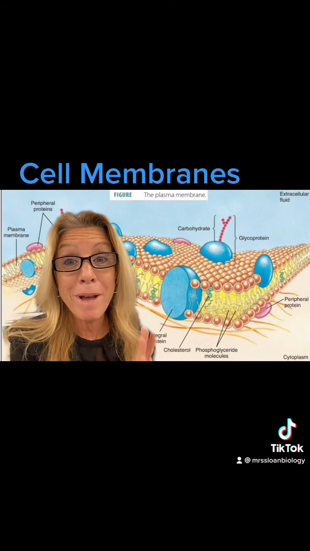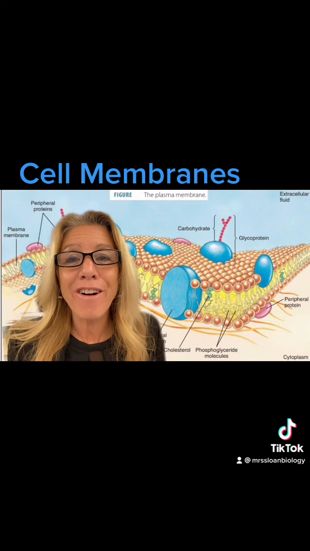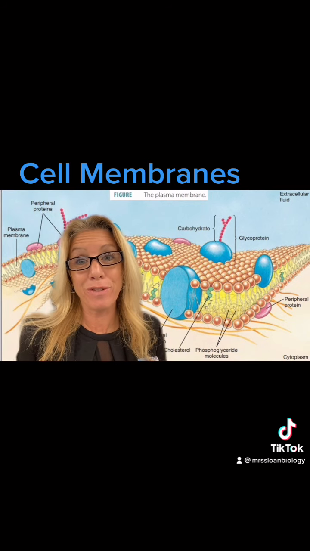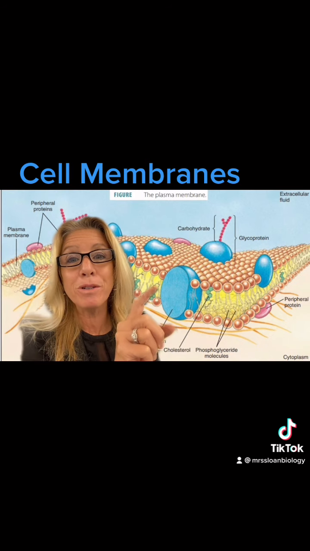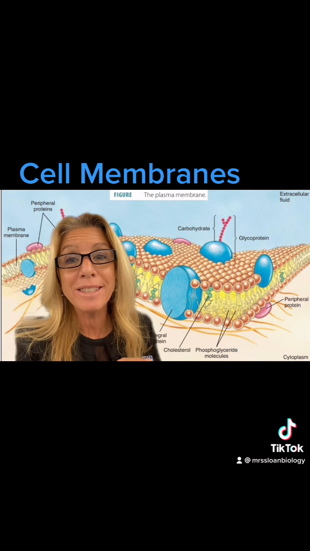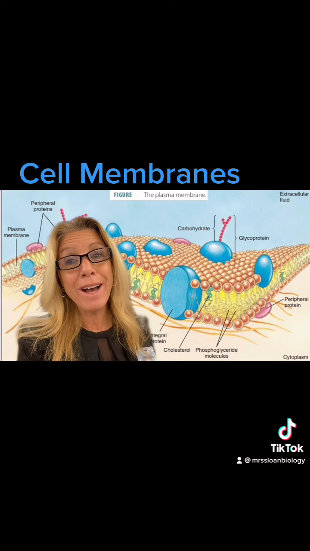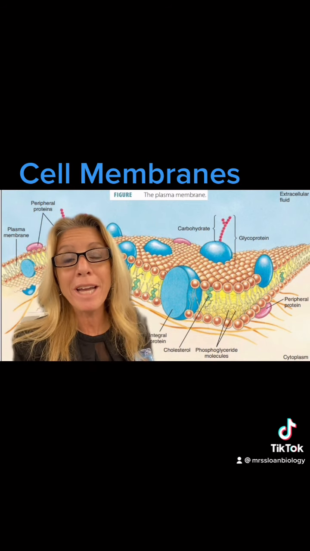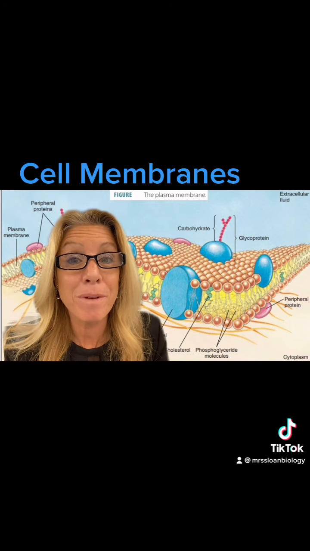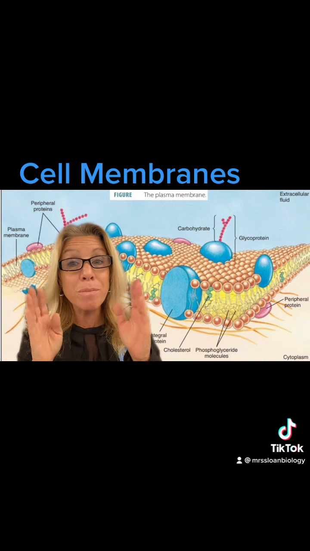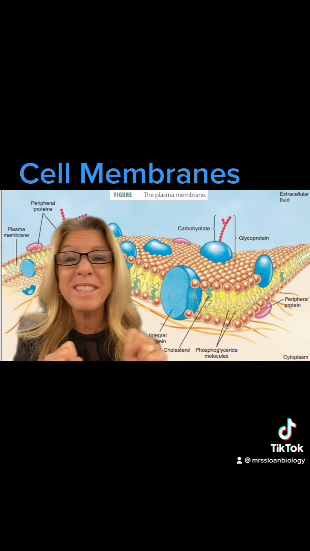They are hydrophobic. And then these phosphates right here that look like orange balls, they are the hydrophilic part of the phospholipid. Now, the proteins that are interspersed, remember proteins are made out of amino acids. The part that's in there where the fatty acids are has amino acids that are hydrophobic. And the region of the protein that is up there by the phosphate groups is going to be hydrophilic. Remember, those proteins can be channels, carriers, cell recognition, receptors, enzymatic, and